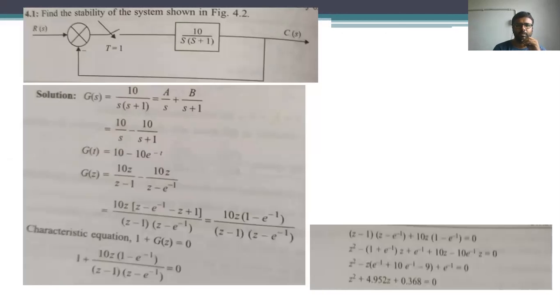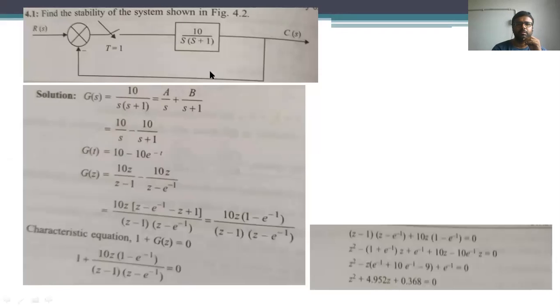chapter. Okay. So coming to the statement of the problem, find the stability of the system which is shown in the figure given. So this is the diagram which is going to determine the stability by us. Okay. So it consists of a transfer function and a feedback path is also connected, and the feedback path is a unit feedback.